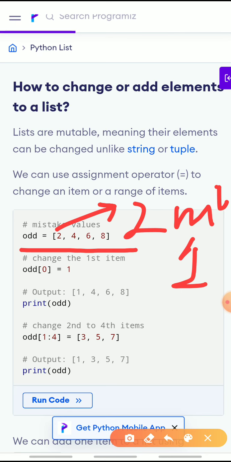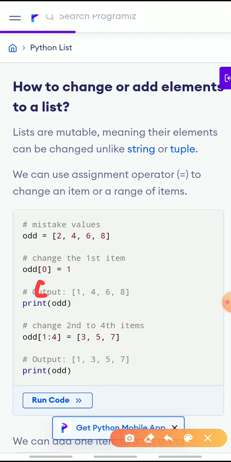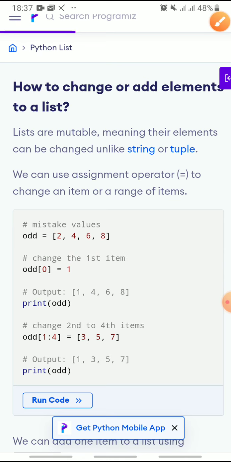As we know that 2 is stored in the 0th position, then odd[0] = 1. It means it replaces the 2 by 1. Same example, if I want to change the 4, I know that 4 is stored in position 1. Then I have to write odd[1] = 3. Then the 4 is replaced with the 3.